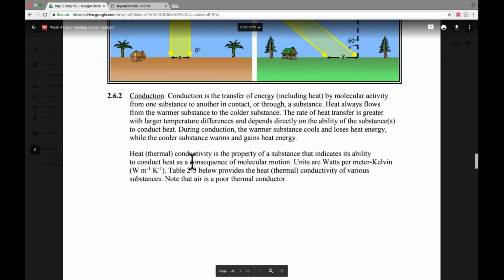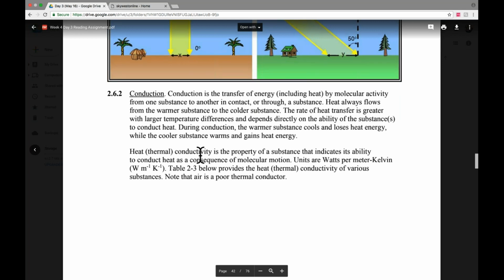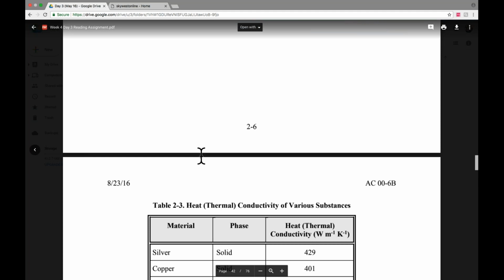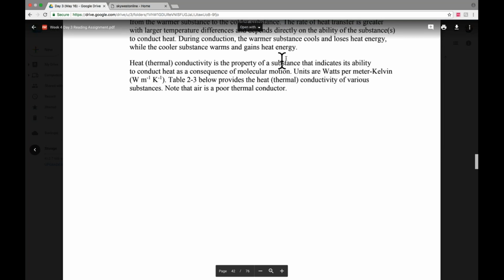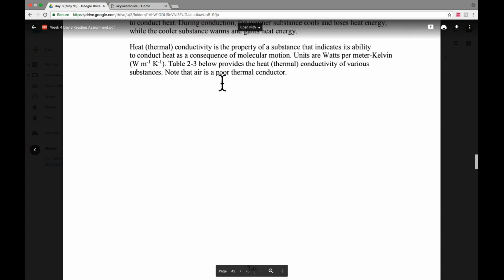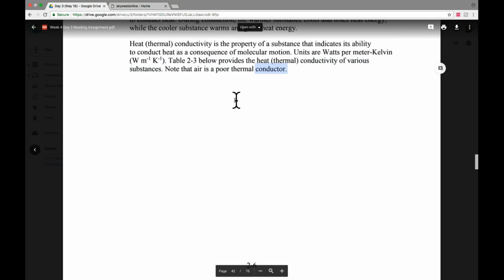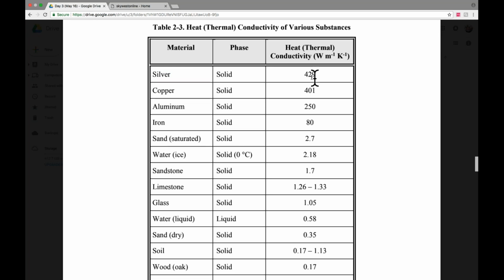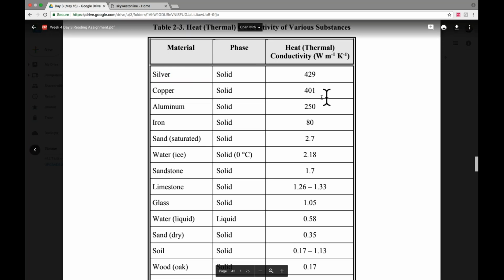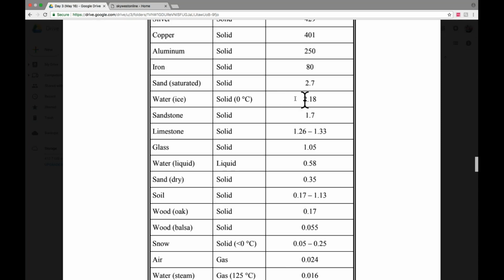The way we see it represent itself here on Earth is, let's see, conductivity is a property of substance that indicates the ability to conduct heat as a consequence of molecular motion. Units are watts per meter Kelvin. Note that air is a poor thermal conductor. Okay, so silver, great. Gold, even better. Copper, pretty good stuff. I will say that water,